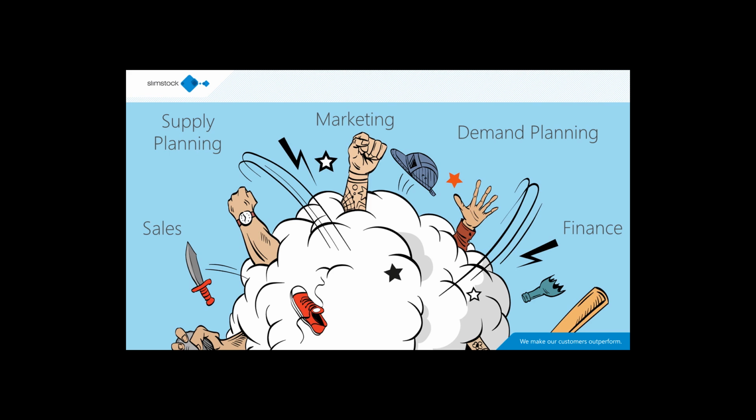We've seen that there are a lot of judgmental or market intelligence factors to consider when enriching your baseline forecast. Additionally, there are many different departments involved. As we mentioned earlier, one of the objectives is to reach a consensus forecast. So how do you achieve this consensus forecast without the process descending into chaos?